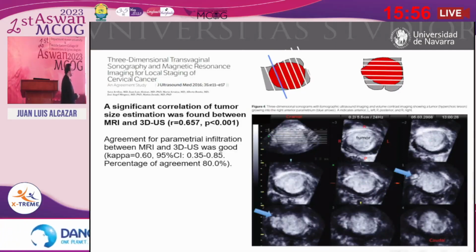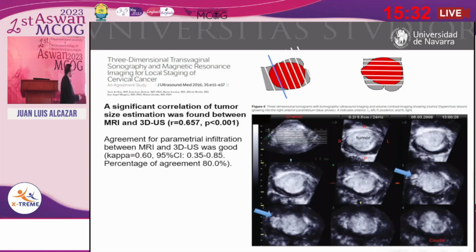You can also detect the infiltration. So these are several slides from the cervix, from the cranial aspect to the caudal aspect. From here, this slide is here. This slide is here. This is in the sagittal plane, all right? This is the coronal plane, and this is the axial plane.